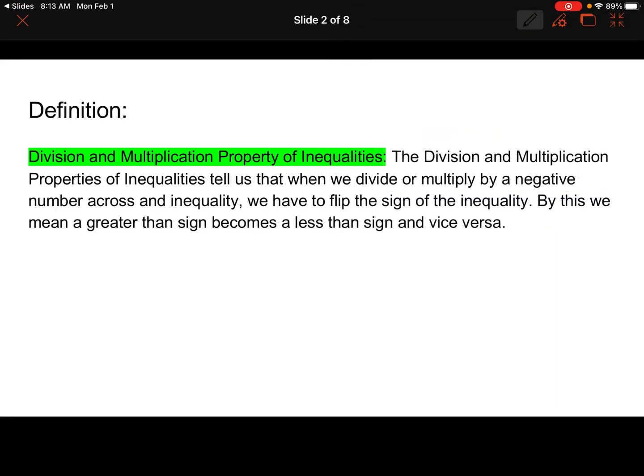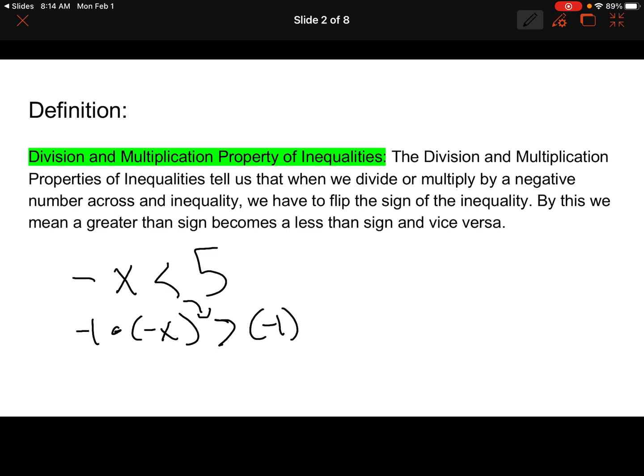So if we were to say negative x is less than 5, well, to solve this problem, we would have to multiply a negative 1 by both sides, or divide by negative 1, actually, either one works here. Now, this is what changes. Our less than sign right here will now become a greater than sign. We'll still multiply our negative 1 times our 5. So this is the exact same process we use when we're solving equations. However, now,